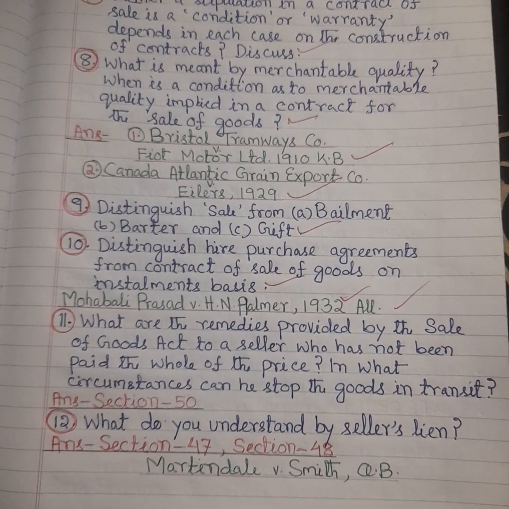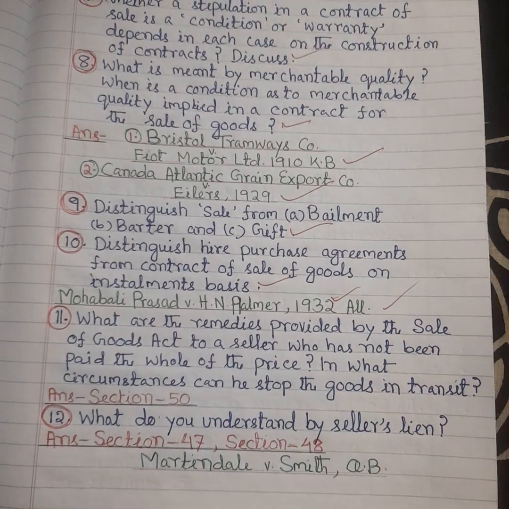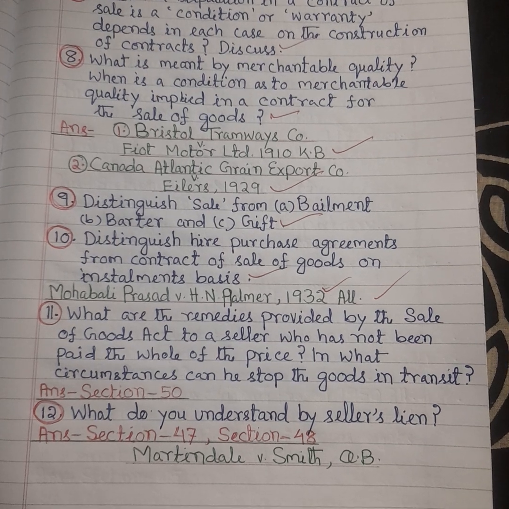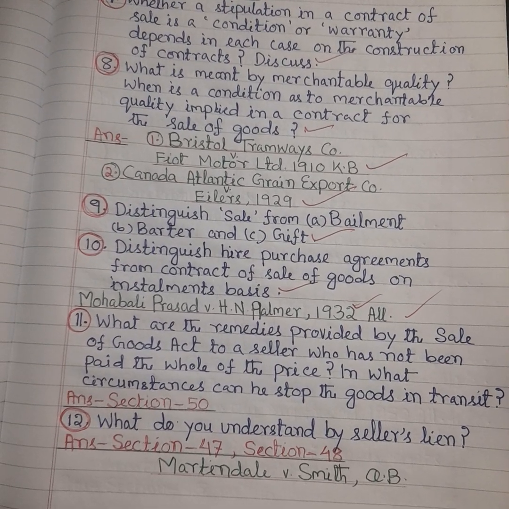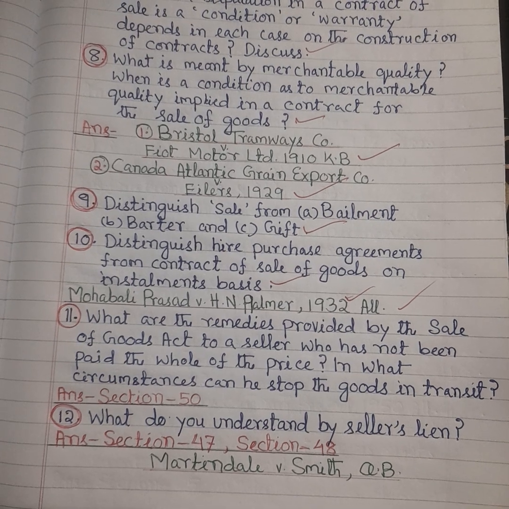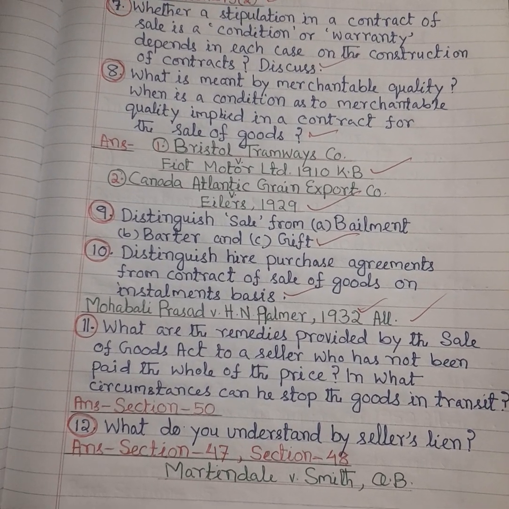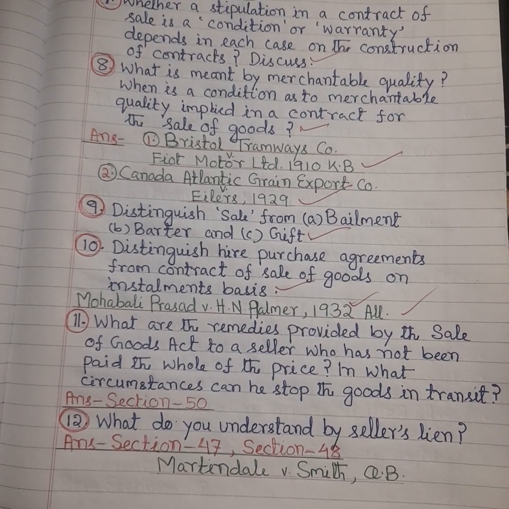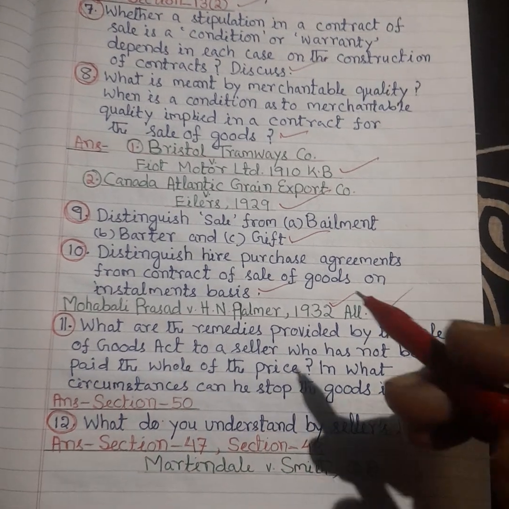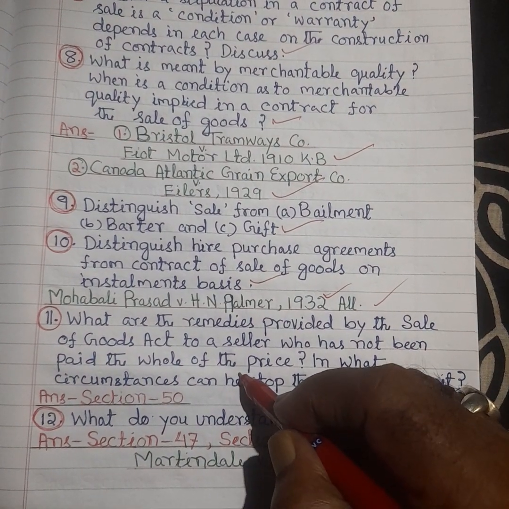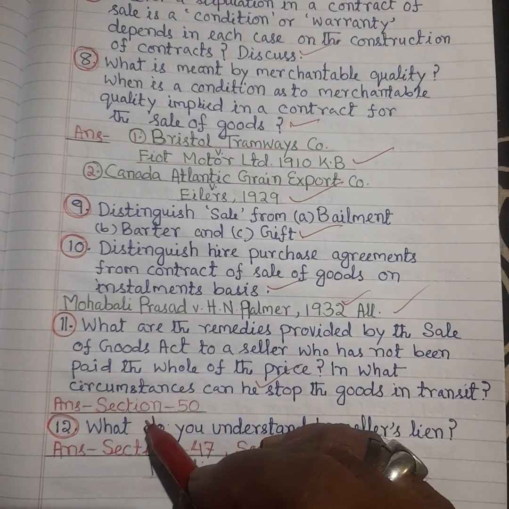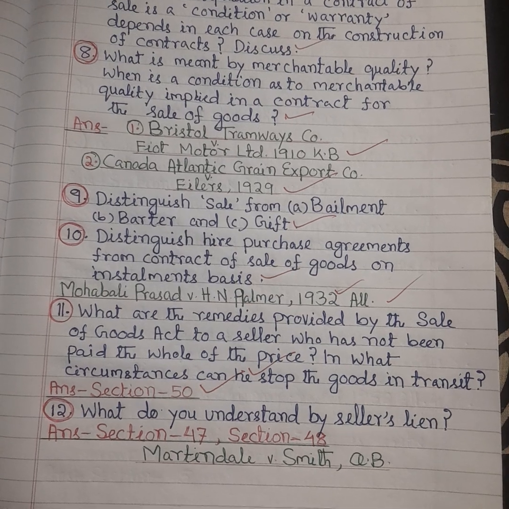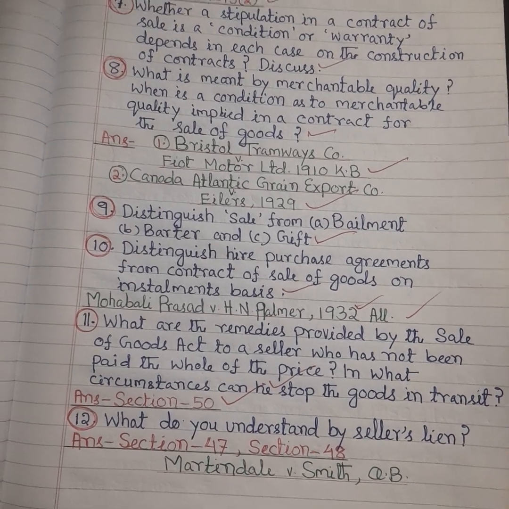And now we'll go to question number 11, and that is, what are the remedies provided by the Sale of Goods Act to a seller who has not been paid the whole of the price? In what circumstances can he stop the goods in transit? And regarding this question's answer, we found under Section 50 of the Sale of Goods Act 1930. So the very answer is that